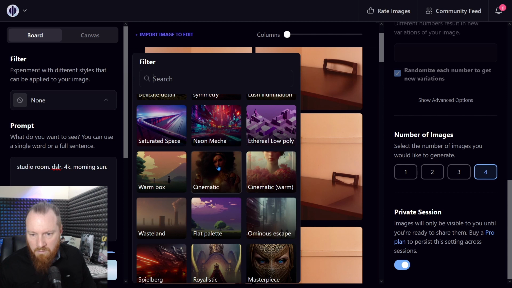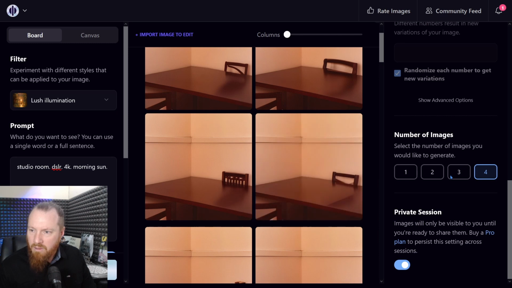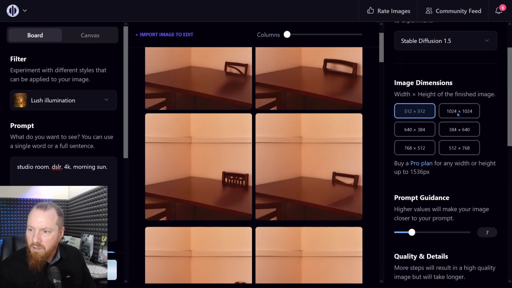Cinematic warm, yeah, these ones are pretty good from memory as well. Let's try that and see if we can get high res options. Yeah, that lets you do high res. Cool, because the filter changes what image output resolutions you're allowed to have. And look at that. If you go for the pro plan, you can output up to